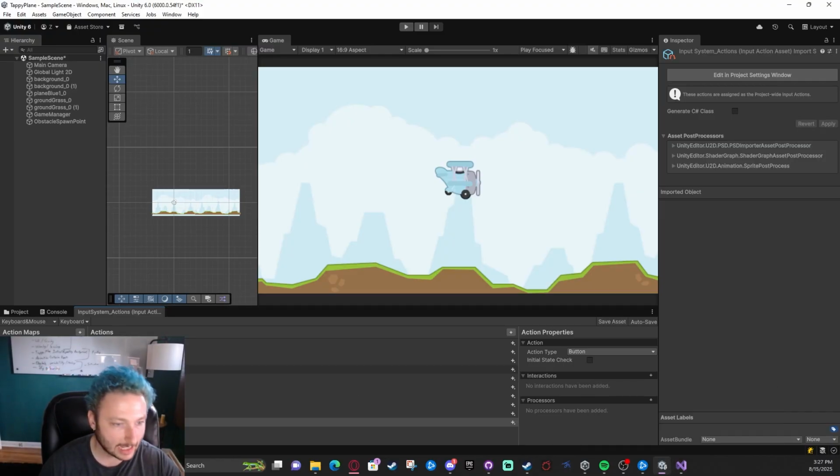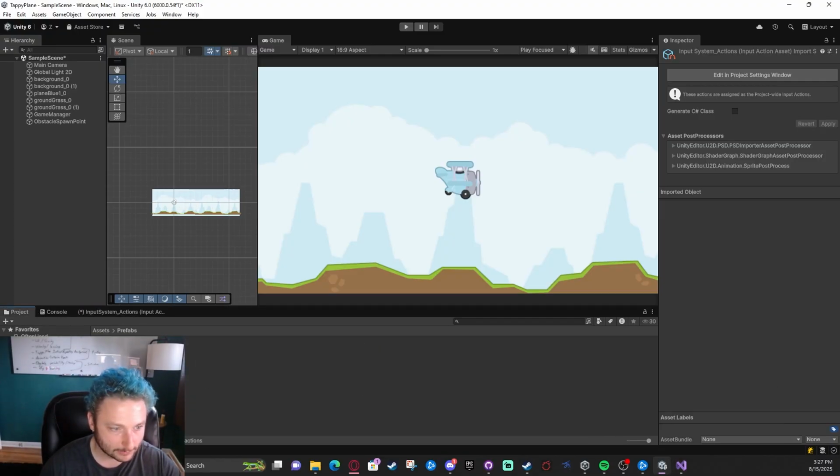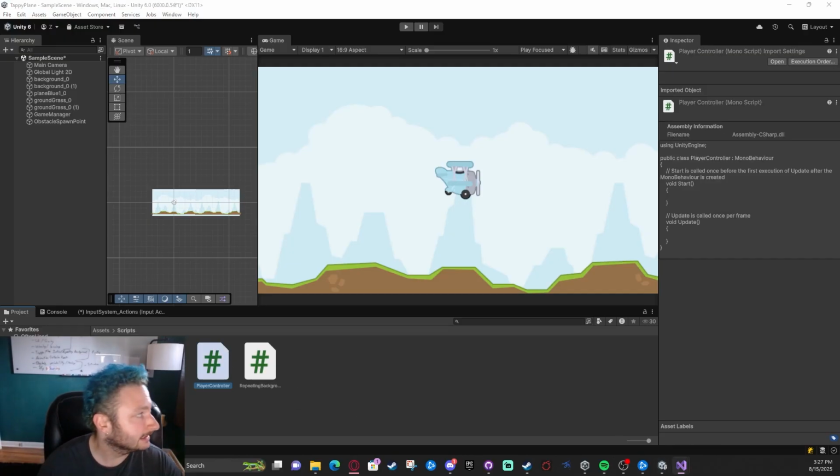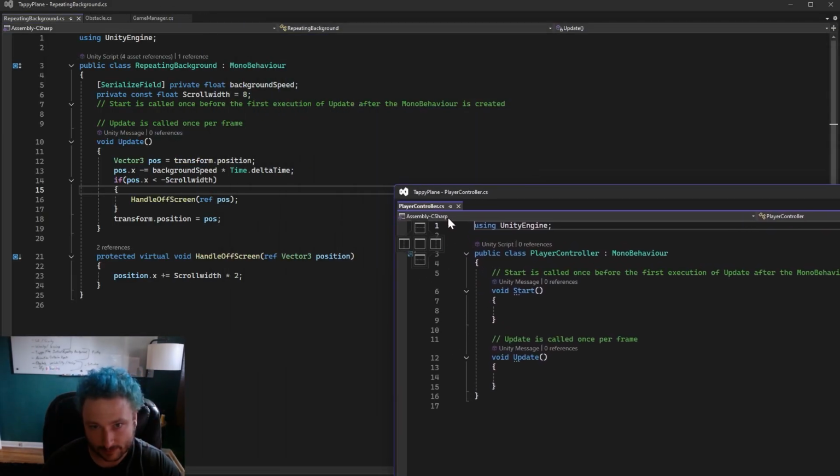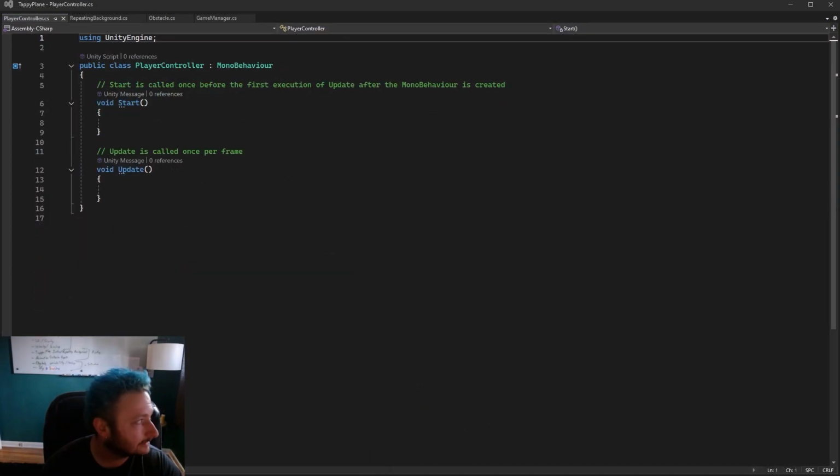And in our player controller, let's get some stuff going. Player controller, I think, is going to end up being one of our more complex scripts because it's going to have to touch a lot of different scripts. I'm going to bring up a couple notes really quick over here. There we go. So first things first,